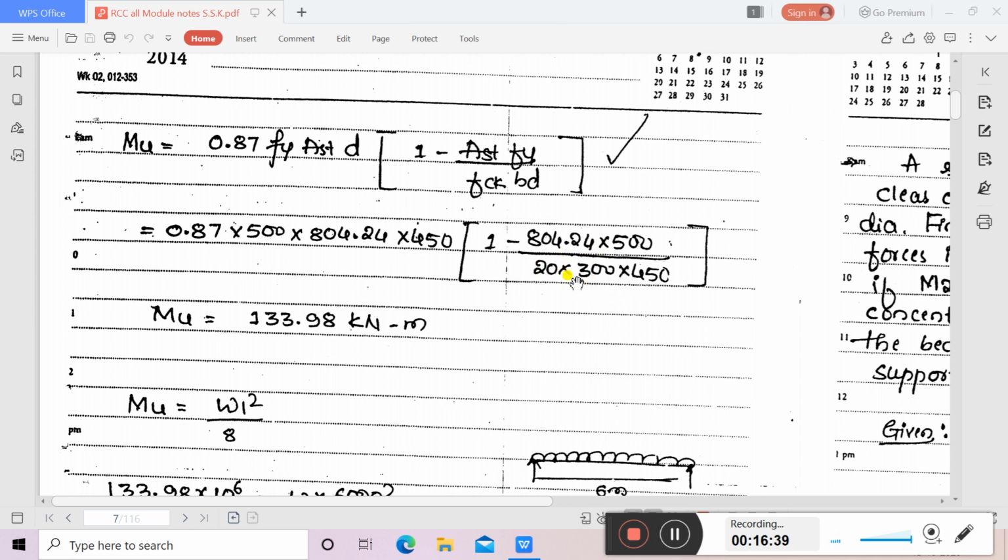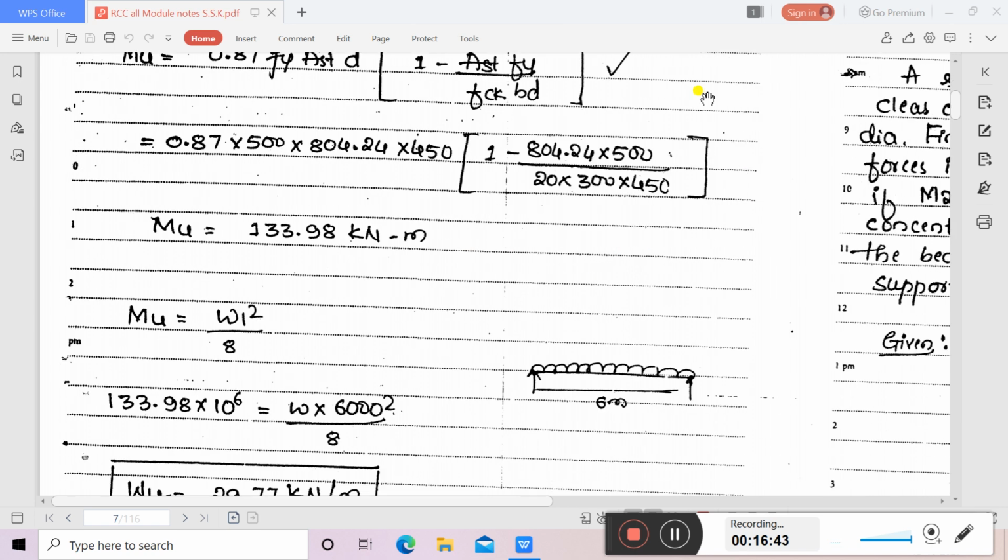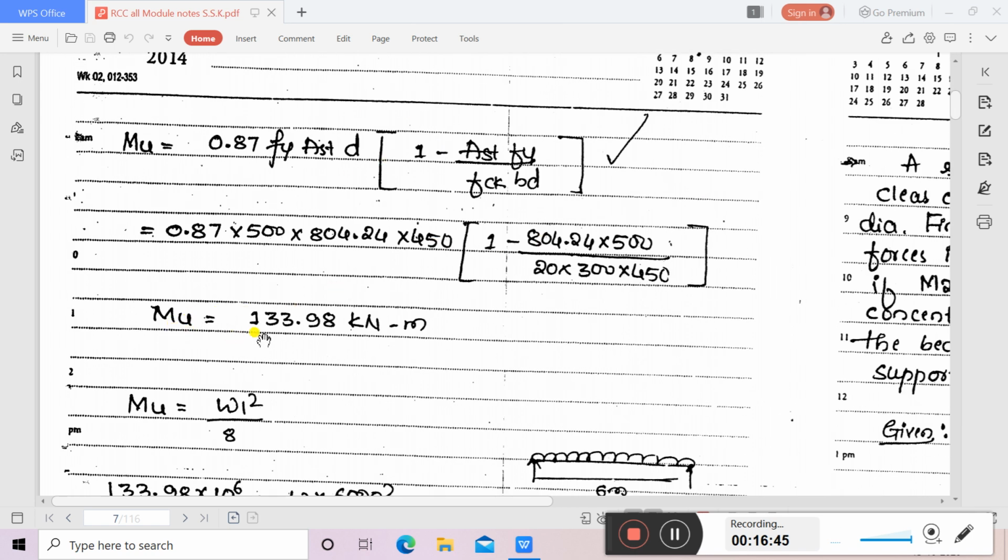You know the value of b, that is 300 mm, and small d is 450. When you solve this equation,